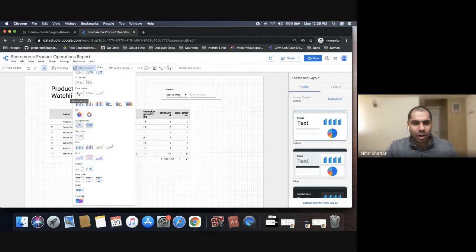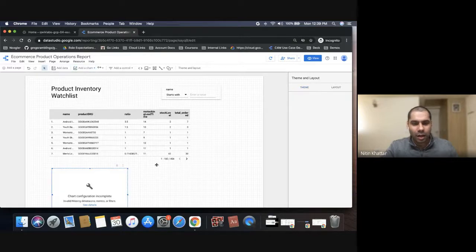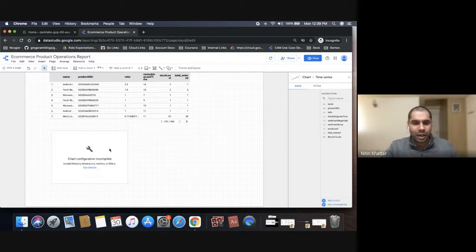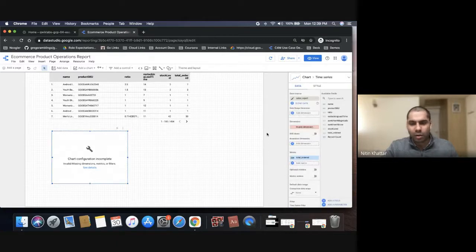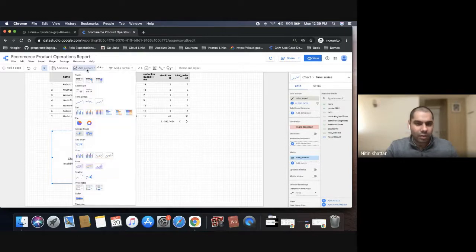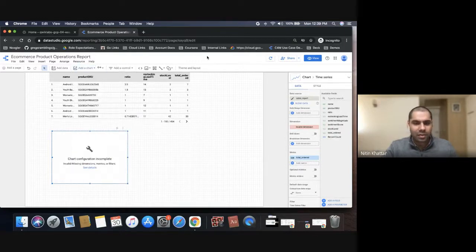Let's say, for example, I want to use a time series chart. I can add here, on that particular chart, I can add the particular data that I'm looking for, or any particular filters that I'll be looking for, or you can add other charts as well. So that's how easy you can play around with the Data Studio. Go with other quick labs also that talk about what else you can do in the Data Studio. There's a complete quest related to that.